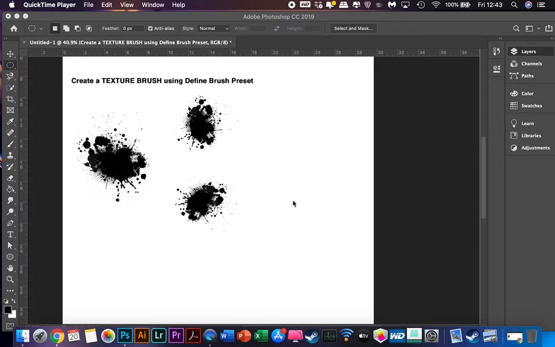We're going to learn how to create a texture brush using Define Brush Preset in Adobe Photoshop. You need to open one of your photographs of the textures that we experimented with when we used the printing rollers, scraping the ink and scraping the acrylic. So here I've opened one image of a splatter that I created using ink, and I've just tried different variants